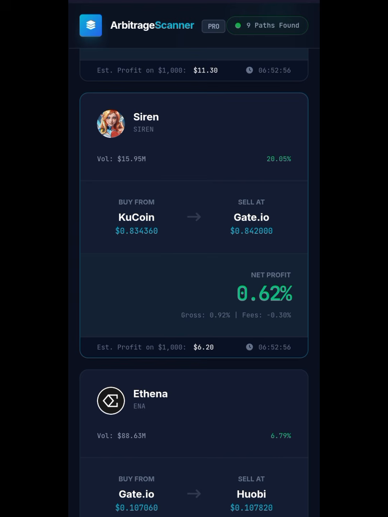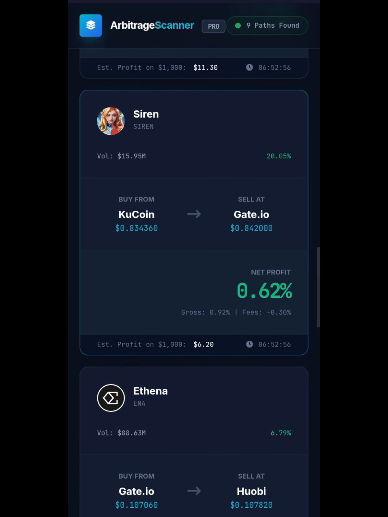They'll have Siren. This Siren, I've seen this coin a lot of times. I mean, the exploitable price difference is always there. I don't know what's happening with that coin. So you buy on KuCoin at a cheaper price and sell on Gate.io, right? The price difference is 0.83,